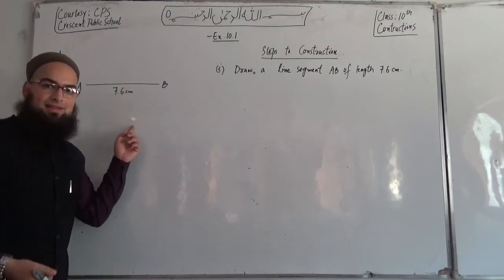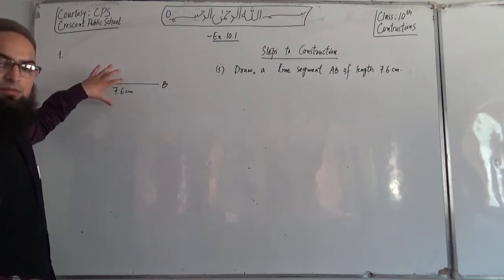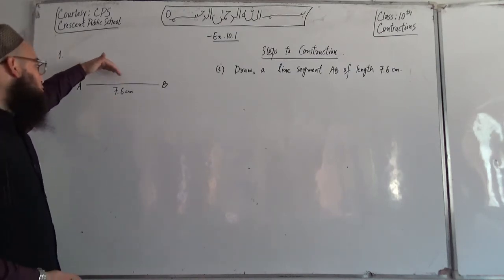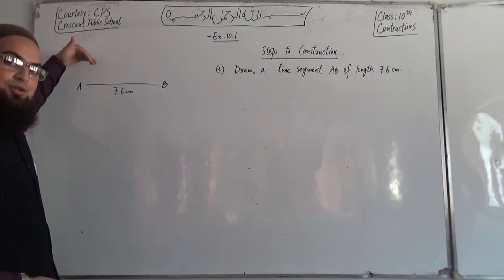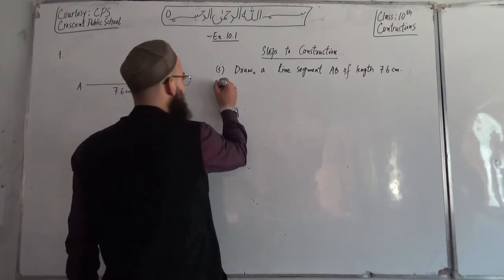Now you need to divide this line segment. You cannot just go directly and make a point of division, because you don't know. You need to cut that in the ratio 5:8. How would you decide that? So what we do,